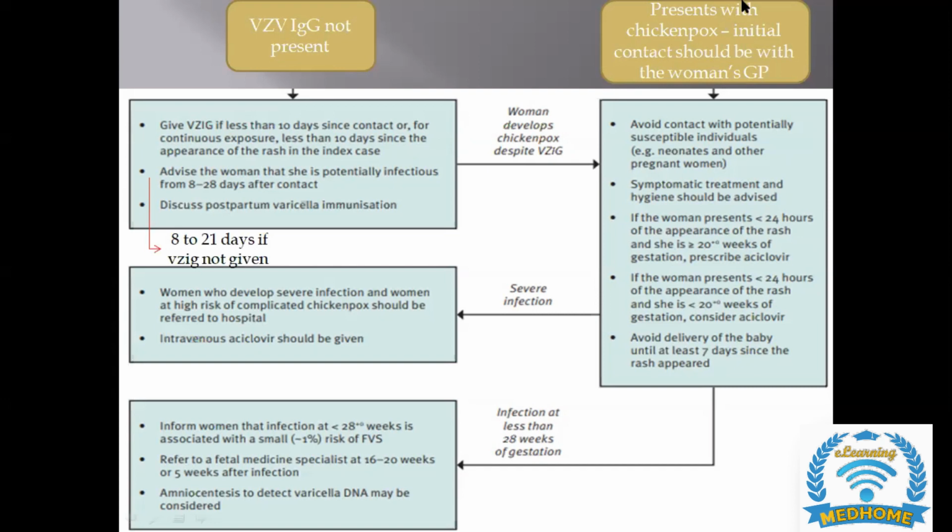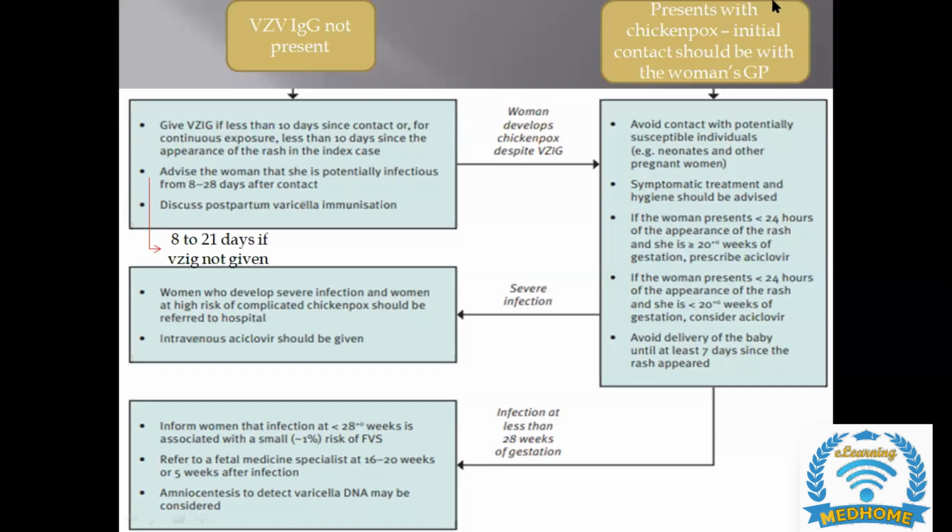It is not necessary. In the exam, the scenario can come like this. They will give only a single feature or a mild suspicion, or they can say the sonologist has a suspicion of fetal varicella syndrome but is not sure of it. Then how will you proceed? In the options you will go for amniocentesis. But if the scenario says there are features of fetal varicella syndrome, then you will not go for amniocentesis. That's why it is written "consider."